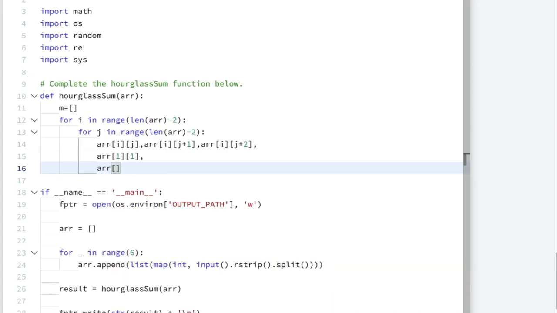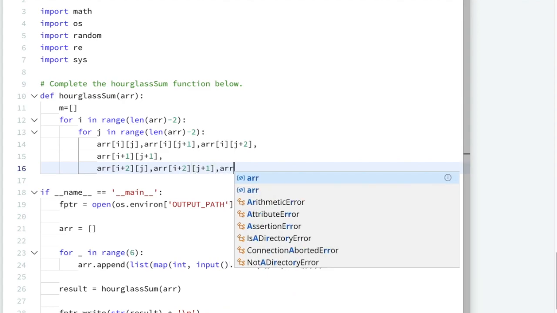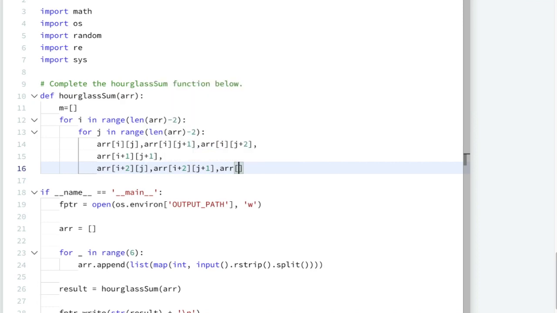So array of i plus 2 comma j, again array of i plus 2 comma j plus 1, and array of i plus 2 comma j plus 2.